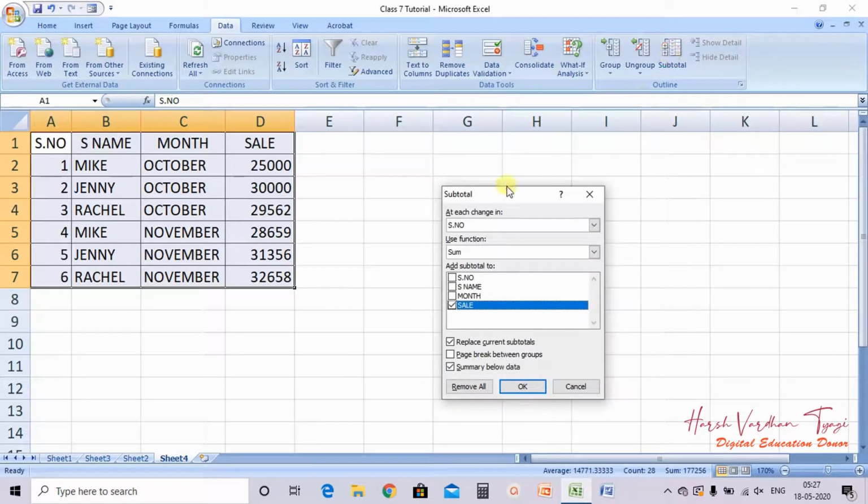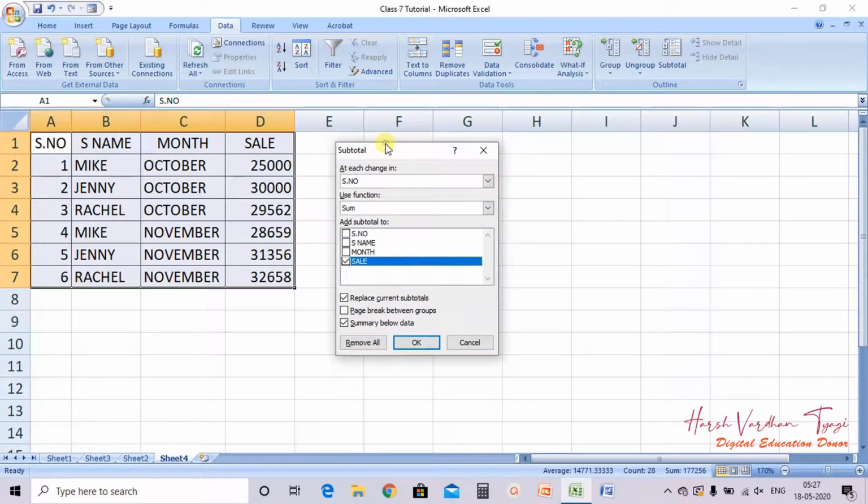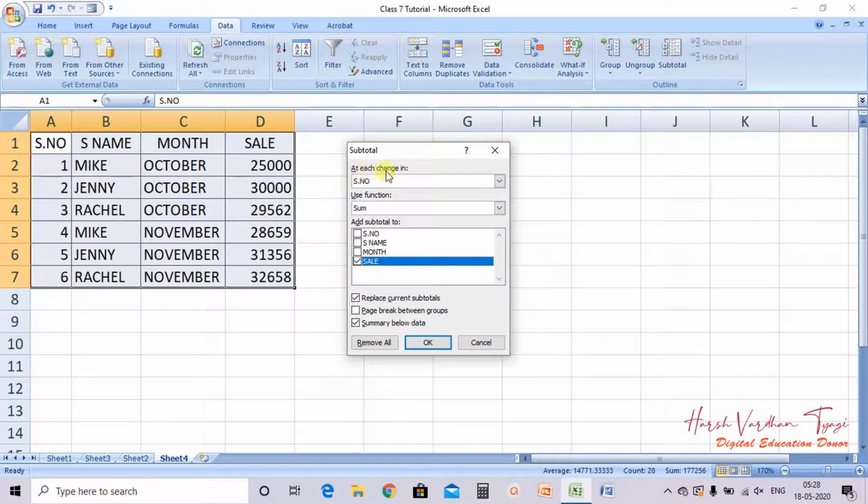When you click on this subtotal, at each change in, you have to select here month, in which you want this particular total. Sum, you only want addition, okay, and then total of what do we need? Of sales. Clear? And then you have to click on the OK button.